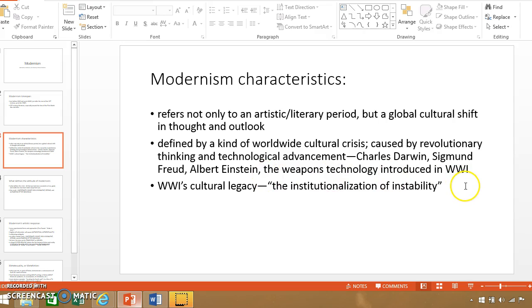And most traumatically, the weapons technology introduced in World War I. This is a direct kick in the face, a direct negative answer to what the Enlightenment promised. Enlightenment, of course, promised that knowledge and technical and scientific pursuit would save mankind, but